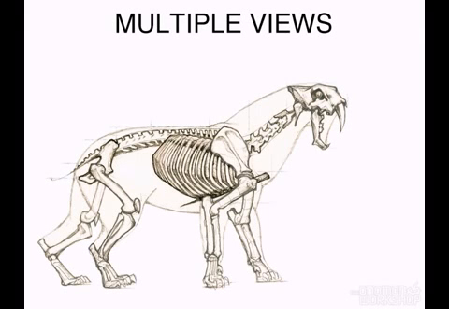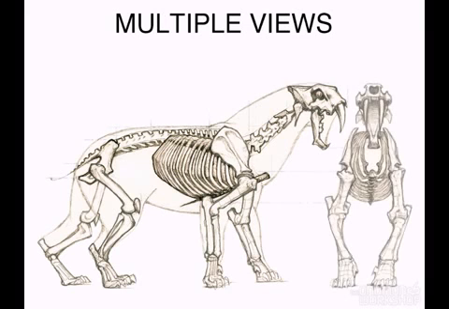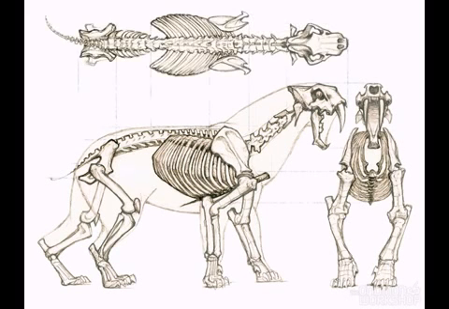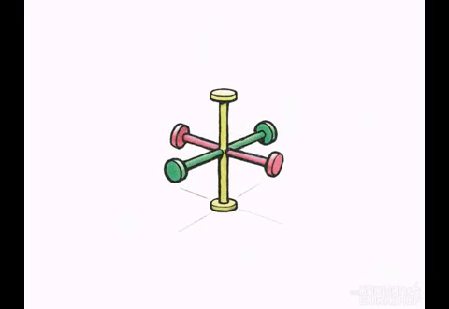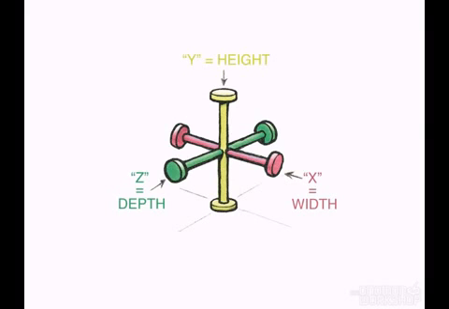Multiple views. Studying side views isn't enough. They only give us 2 dimensions of a 3-dimensional animal. We need to see width as well as depth measurements. This diagram represents 3-dimensional space. If x represents width, and y height, and z depth,